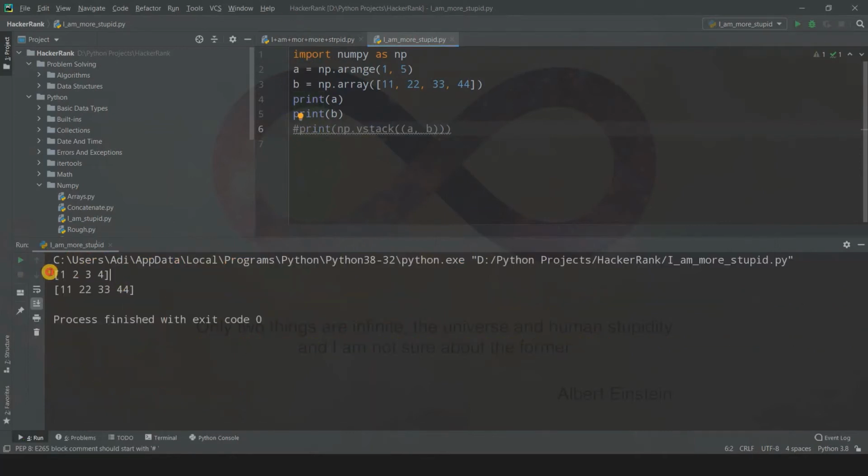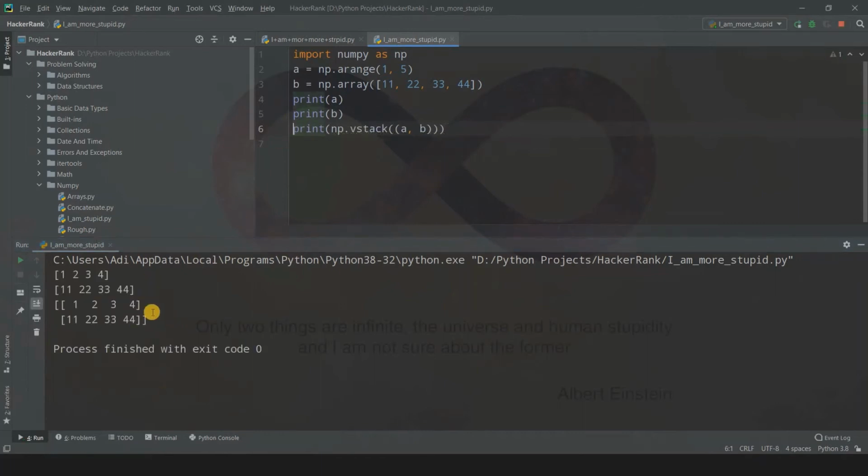Actually, see, now what happened, the shape of this array is 4 and the shape of this array is also 4. But when we use the vstack, the shape of this array will get converted into a 2D shape, right? So it will be 1 comma 4 and it will be 1 comma 4. So remember now 4 is equal to 4. That is, along the 0 axis the shape is 1, which need not be equal, but still they are equal, so it is fine. But the shape along the axis 1, which is 4 and 4, they are equal. So now you can use this numpy.vstack function.